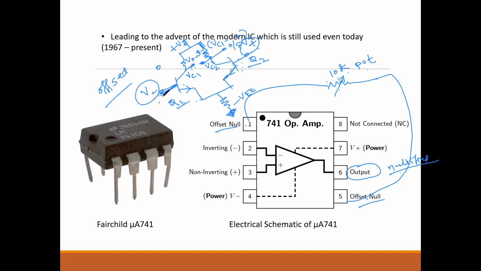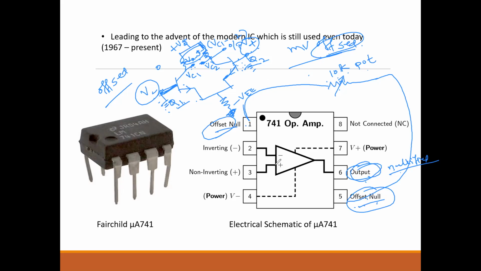Either the inputs are the same or we can connect them to ground. In the absence of any input voltage, output should be 0, but it is not 0, some millivolt offset voltage is present at the output of the op-amp, the terminal number 6. So this offset voltage should be nullified with the help of this offset null arrangement. That's why it is called offset null. Null means 0. So the offset null arrangement is necessary to make this excess offset voltage 0.